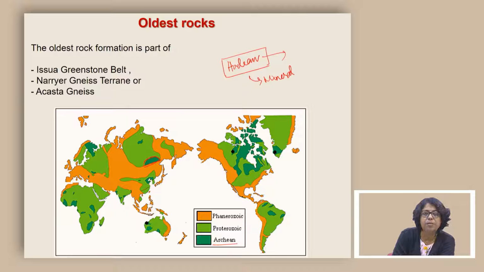Sometimes we find really old Archean rocks, and some of them are the Isua greenstone belt, the Nuvvuagittuq gneiss terrain or the Acasta gneiss. These are some of the places which are really old in terms of age, even within Archean, and their distributions are either in Greenland, South Africa or places in Australia. And these places are helping us to develop the early evidence of life.